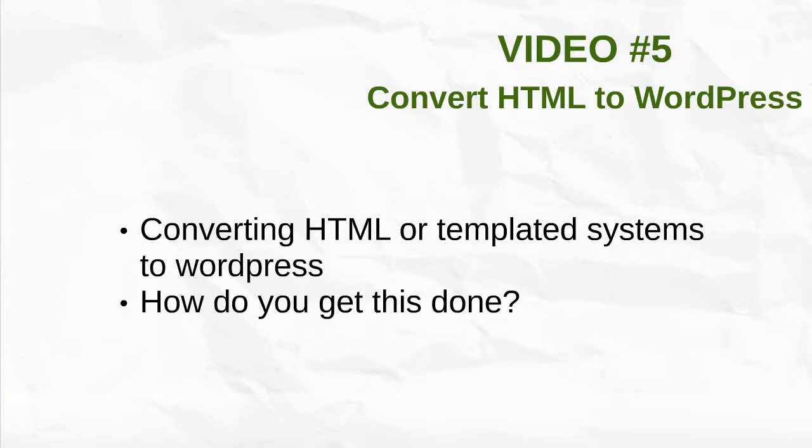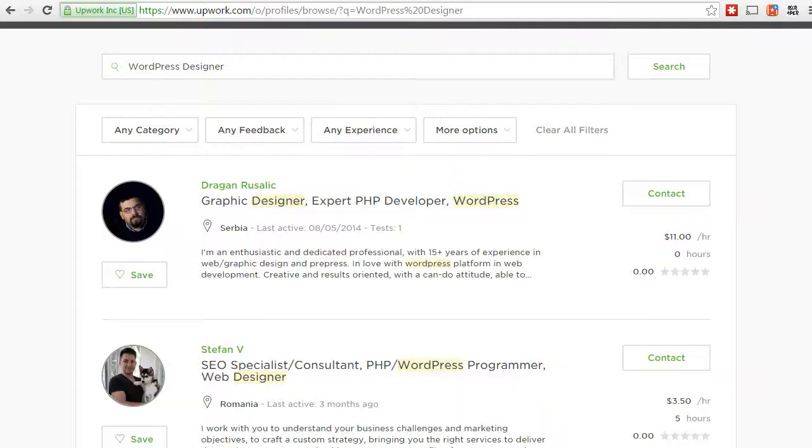You got to realize that not all designers are created equally. You cannot get a designer who is not experienced in WordPress to design the Photoshop file. So what I normally do is I head on over to a site called Upwork.com. It is formerly known as Odesk.com, but I use this all the time. If you do not have a dedicated WordPress designer, then what you can do is simply go here, type in WordPress designer, search,